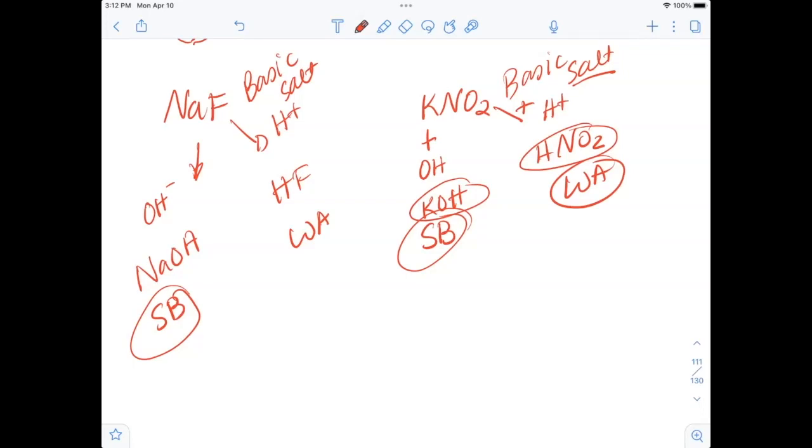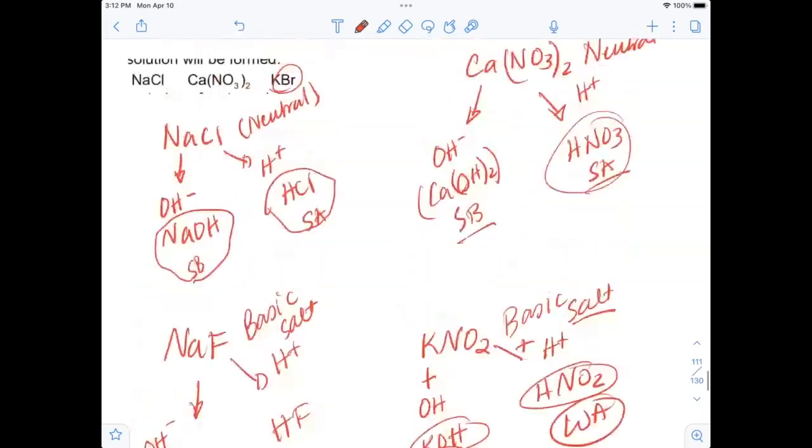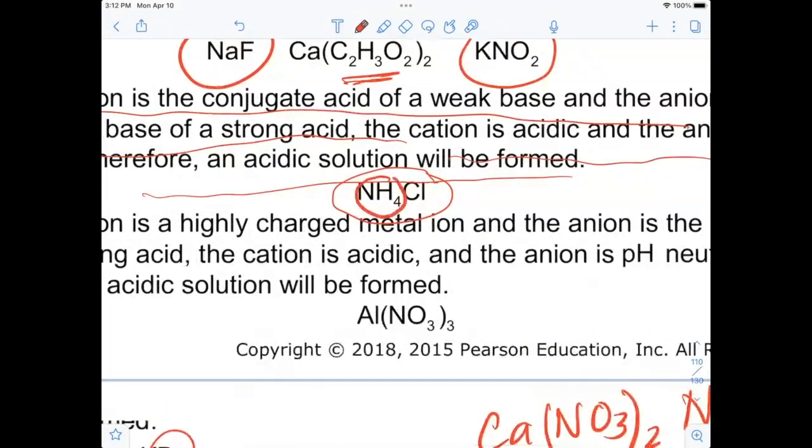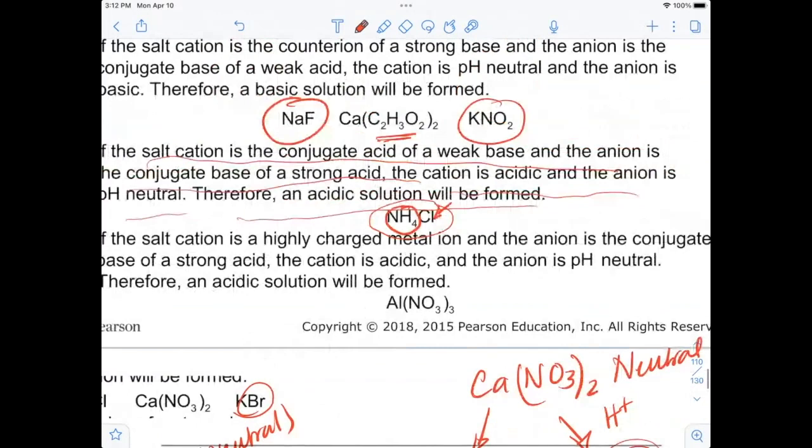Okay. So we're moving on to the next part. The next part of the slide shows this scenario: if the salt cation is the conjugate acid of a weak base and the anion is the conjugate base of a strong acid, the cation is acidic and the anion is pH neutral. Therefore, an acidic solution is formed. Like we mentioned before, this part comes from a weak base, and this part comes from a strong acid. So this would be an acidic